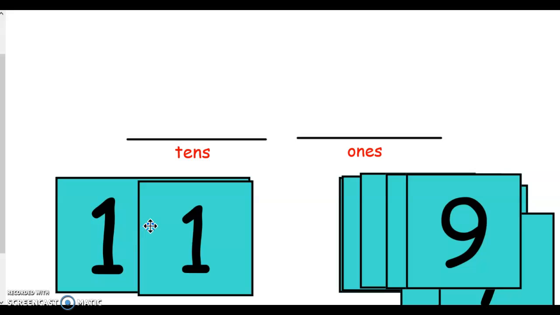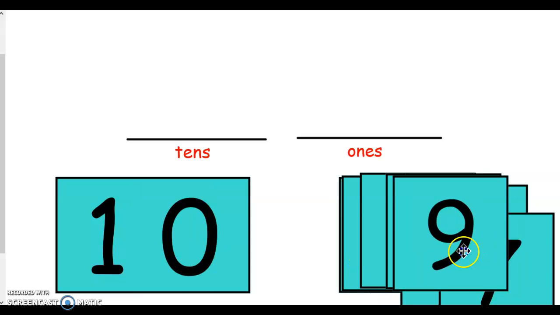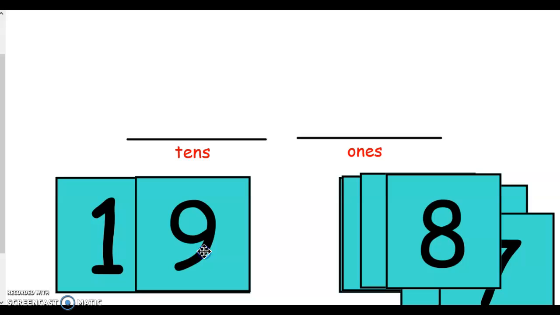Okay, what's this number? Everybody say it. 1, 2, 3. It is 11. Very good. How many 10s? 1 ten. How many 1s? 1 extra 1. Good. A few more. Okay, what's this number, friends? Yep, 19. Very good. You can see that we're making these teen numbers by using the 10s and the extra